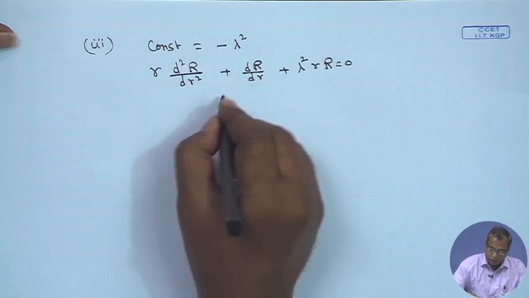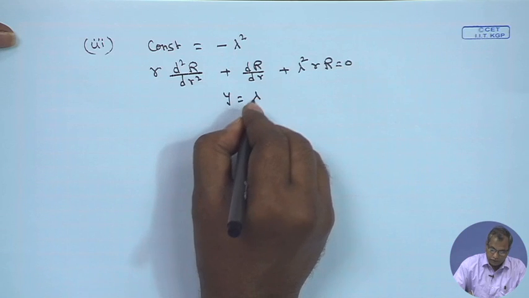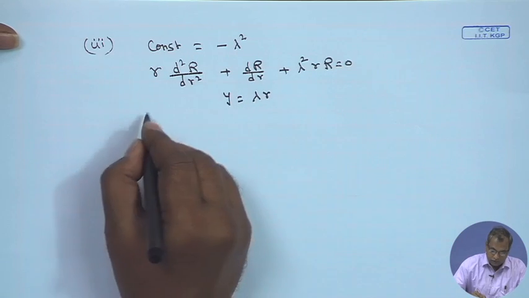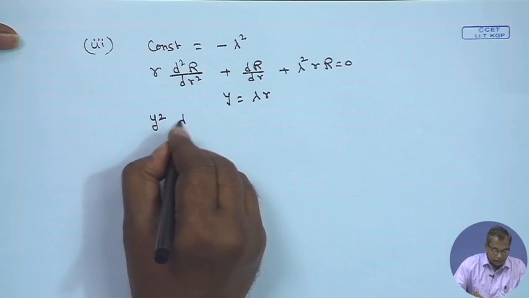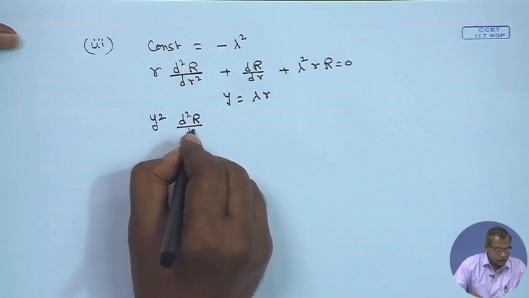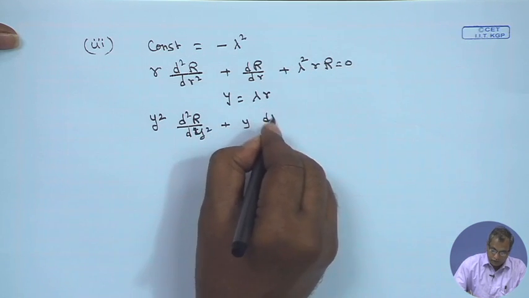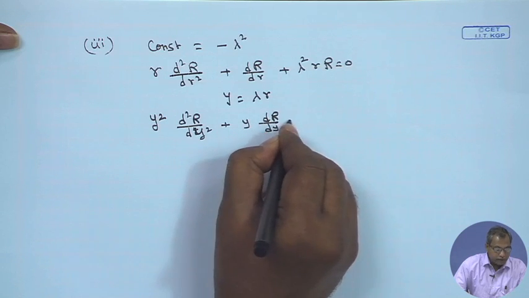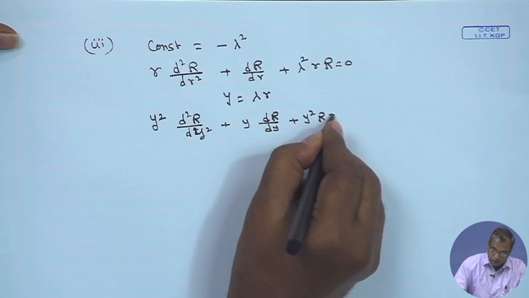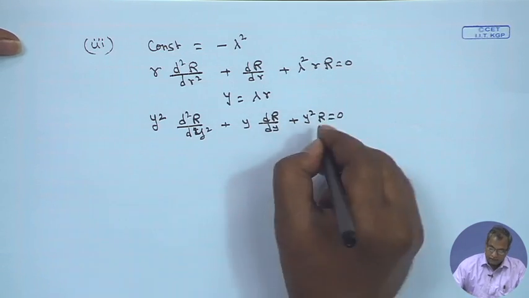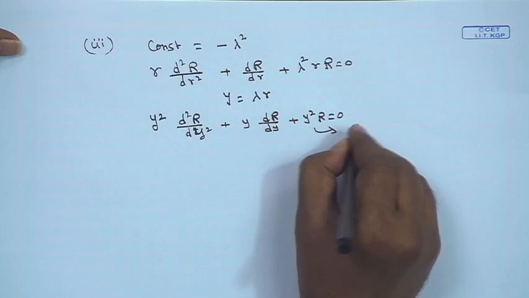Now, again we do the transformation y equal to lambda r. This gives you y square d²R/dy² plus y dR/dy plus y square R is equal to 0. This is the 0th